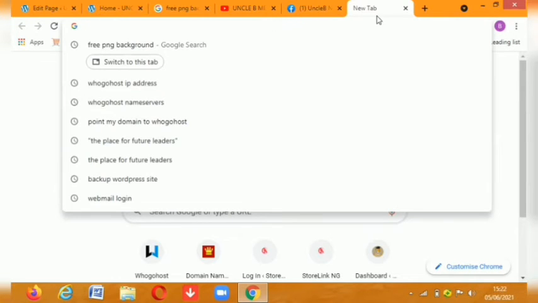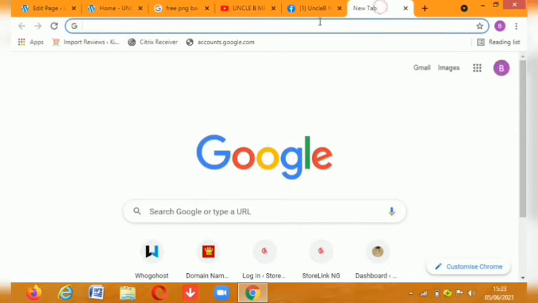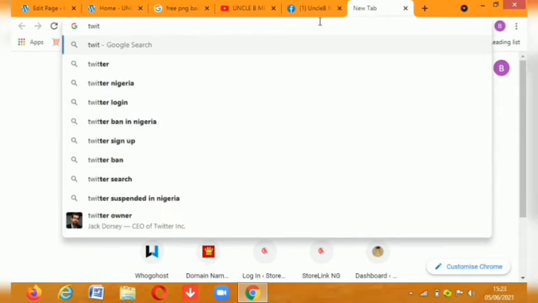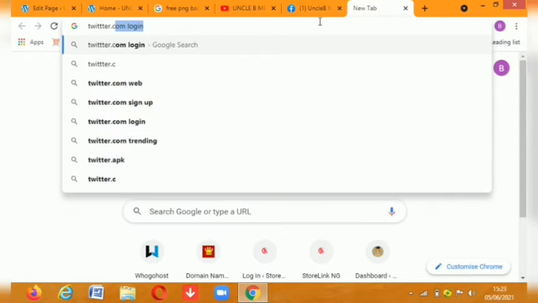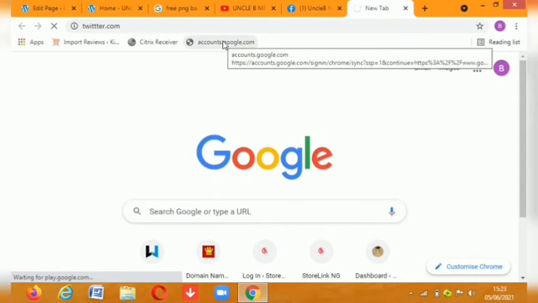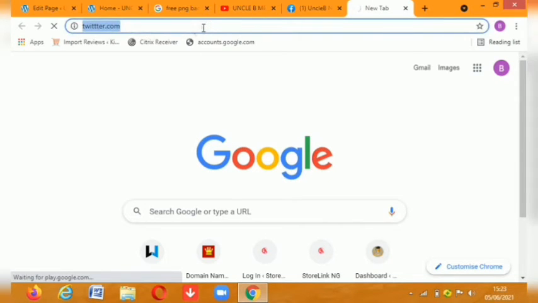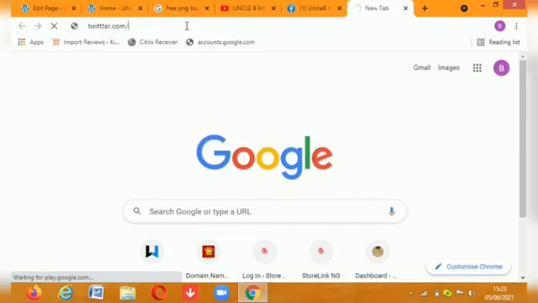We go to twitter.com. Then we log into our Twitter account. Then we get the address, and then we come and paste it there. Go to twitter.com. Okay, I just remember that we are having this issue of a Twitter ban in Nigeria right now, as at the time of recording. So I want to believe you understand what I'm doing. So I'll just guess my Twitter profile link. So I think it should be twitter.com/